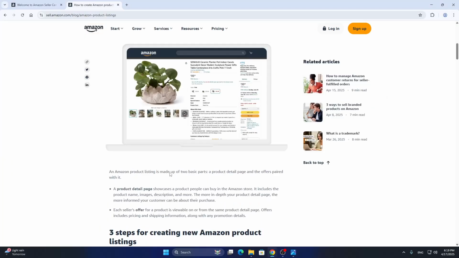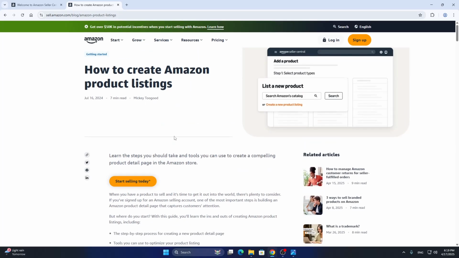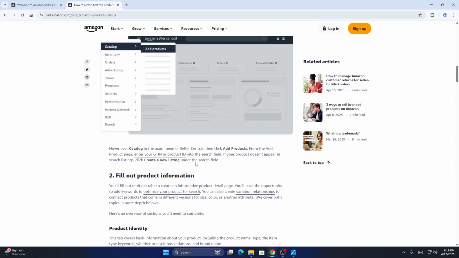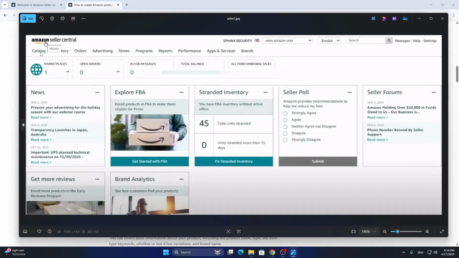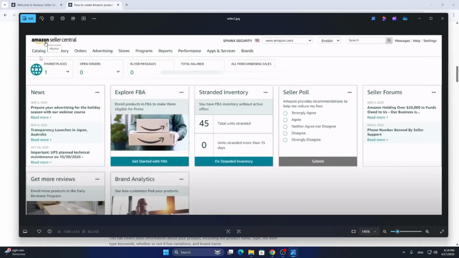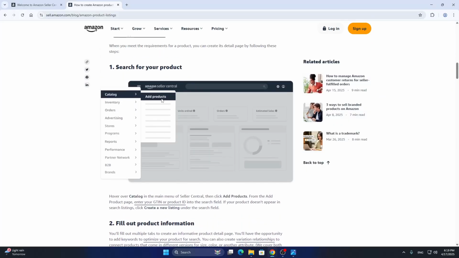As you can see here, we have a step-by-step on the official Sell on Amazon option on how to get started with listing our products. So we are going to go ahead into our catalog options. We want to go into Catalog in the main menu of Seller Central and click Add Products. By clicking Catalog, it's going to open up a new menu from where you can get started with adding the products that you wish to